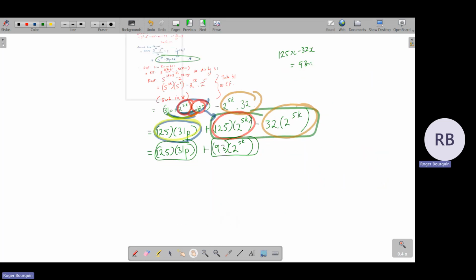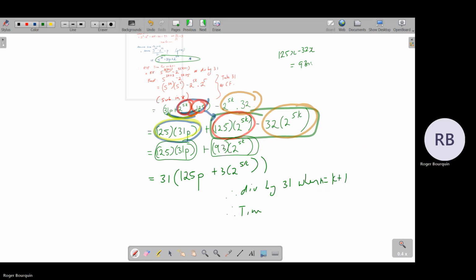Okay, so now I take out 31, and what are you left with? 125p plus 3 lots of 2 times 5 to the k. Okay, so therefore divisible by 31 when n is equal to k plus 1. Therefore, through